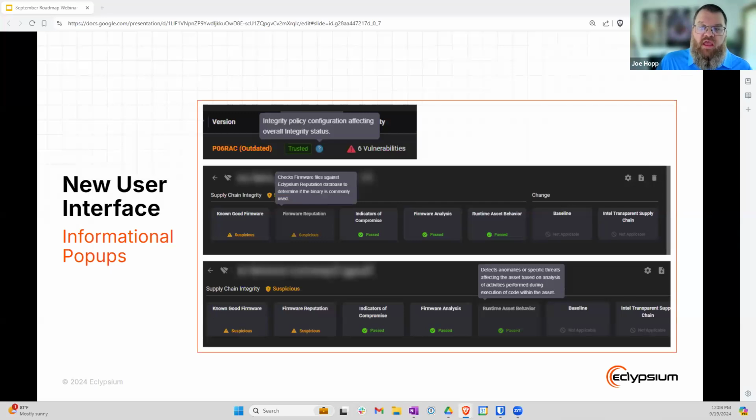Or you'll see a question mark next to a trusted in the asset list, saying, hey, we're flagging this as trusted, but due to a configuration made in your integrity policy, this does not match our normal definition. Then you can go in here, you can see, hey, for firmware reputation, we're checking this against